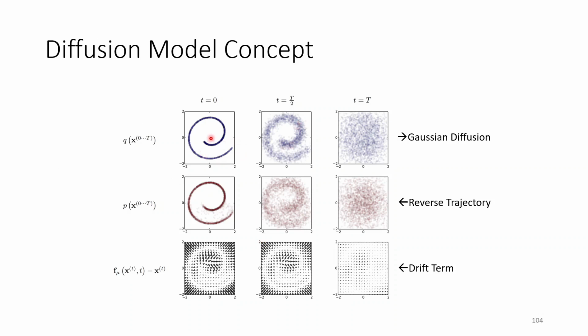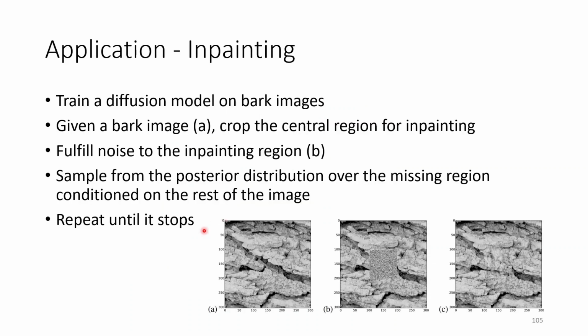Add a lot of noise in many steps, they can generate step by step, and then learn a simple reverse trajectory and apply it. In the beginning, this is a region we want to inpaint, and add Gaussian noise, then step by step restore the image. So this is a restored result compared with the